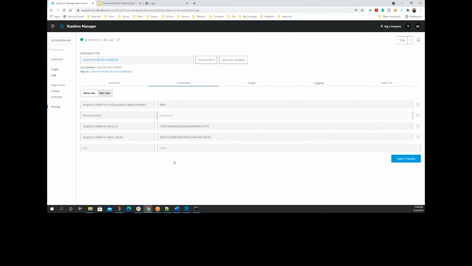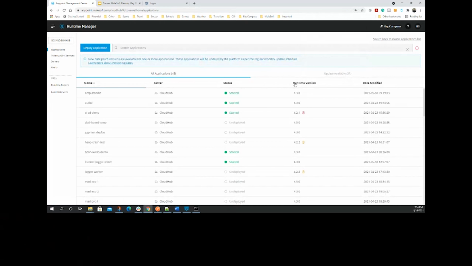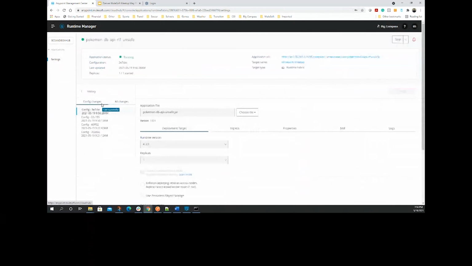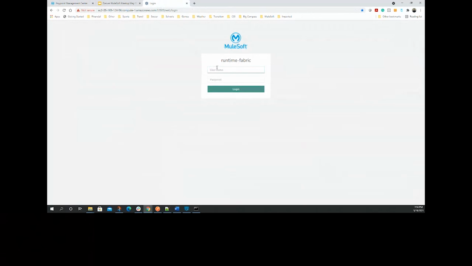So how does it work on Runtime Fabric? Well, let's go take a look. What I have here is two versions of my application deployed to Runtime Fabric. I'm calling this one unsafe because when you go to Runtime Fabric and you go to properties, you can see here the decryption key is right there. It does not use safely hidden properties in Runtime Fabric the same way it does in CloudHub. So how do you get around this problem? Well, you get around this problem using